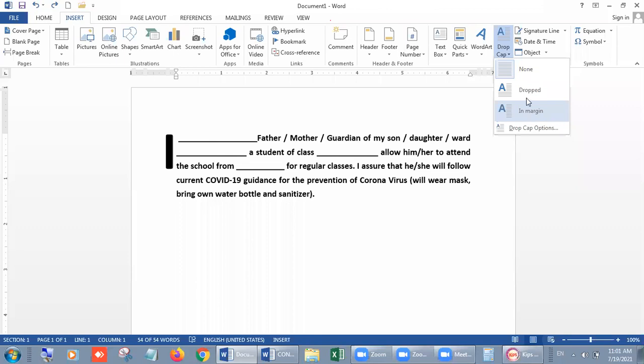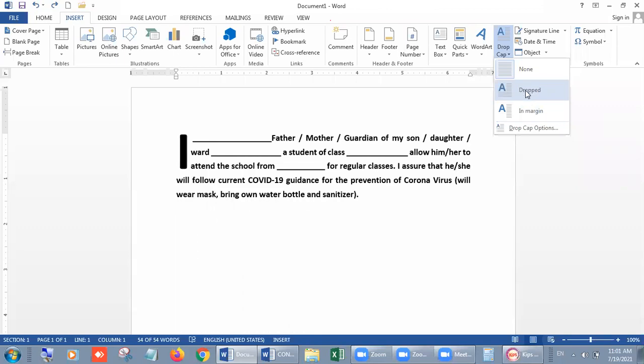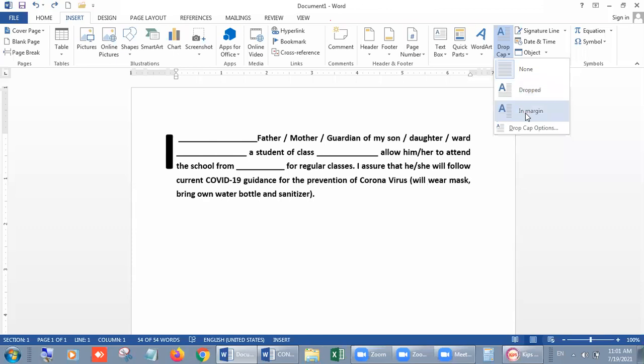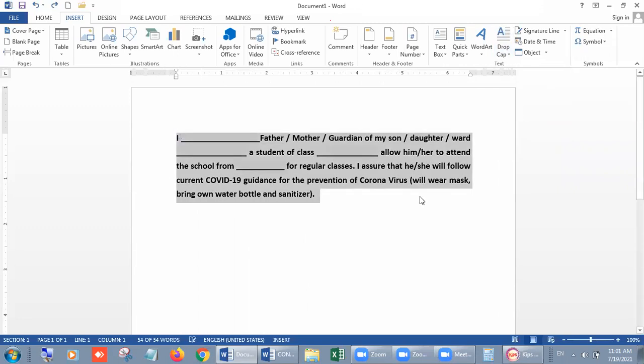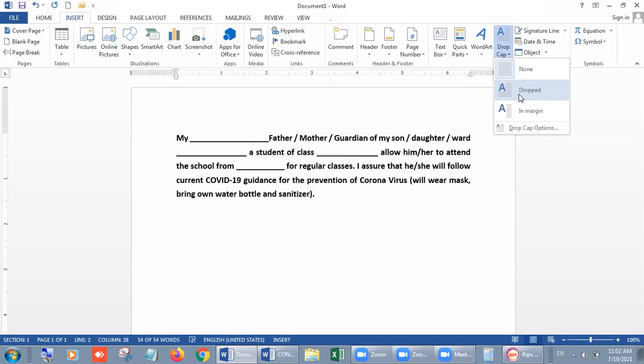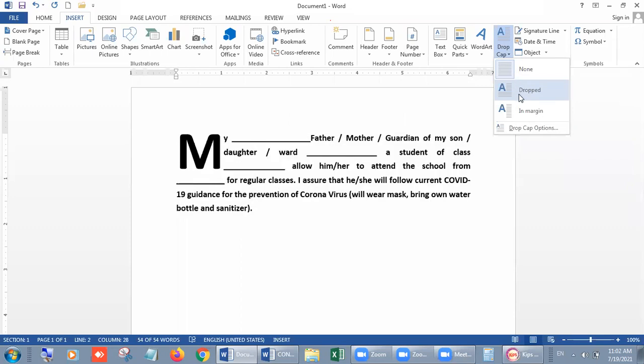And again, if you choose this option, then after 3 lines, text will come under the I. But if you choose this option, in margin, then nothing will come under this I, right? Suppose I am typing here my, right? And select the paragraph. Go on drop cap. Now you can understand. Only one letter will be highlighted.